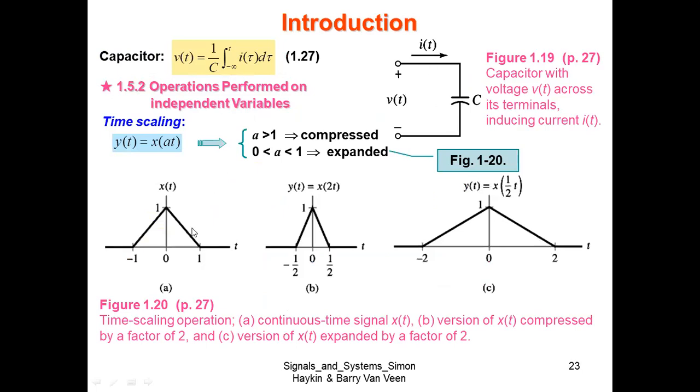Now let us talk about the second thing: the operation performed on t, the independent variable. In signals and systems, you basically get two independent variables. In modules 1 and 2, time is your independent variable. In modules 3, 4, and 5, it can be frequency and Z. Those also become independent variables. Let us study the independent variable.